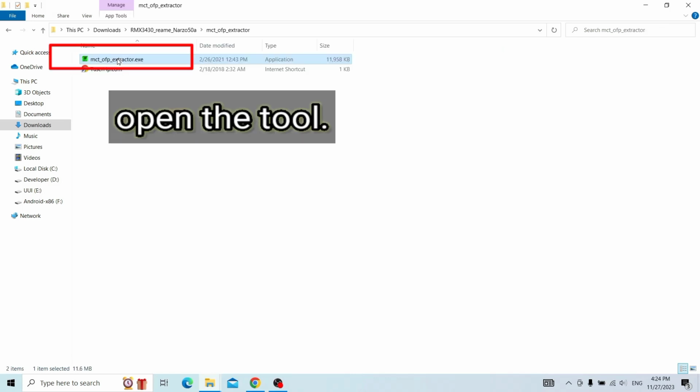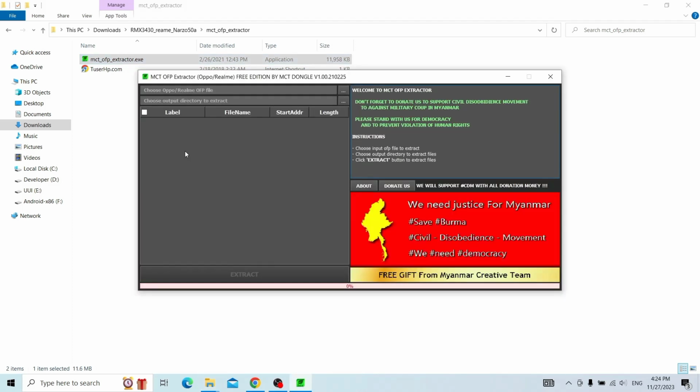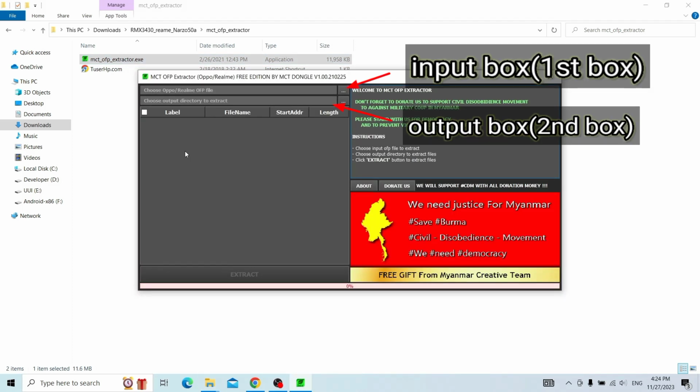Here I am opening the tool. Now it takes a little time to open. Be patient. Here you can see two boxes are available. The first box is for input. We need to give the input, like we need to select the OFP package as input. And the second box is for output, like we need to mention a folder so that it extracts the data from the OFP